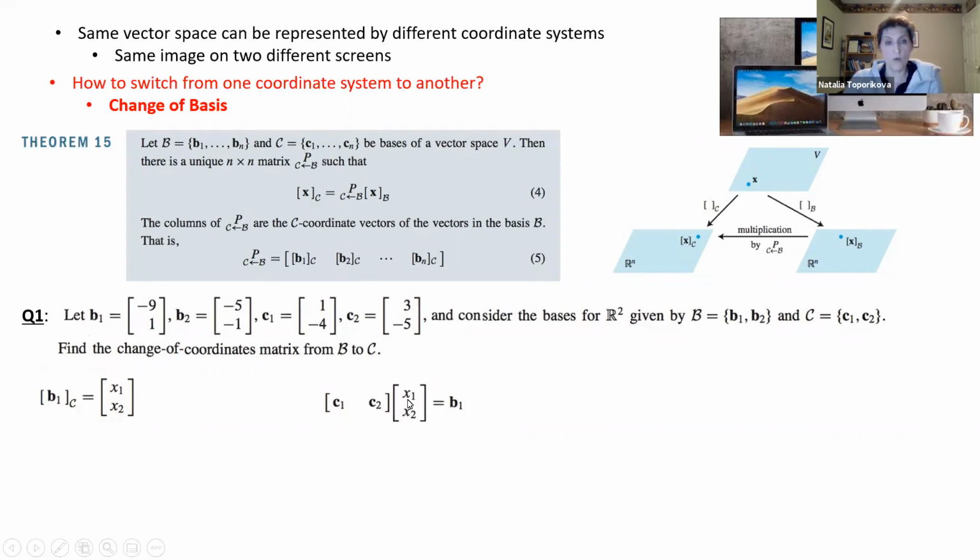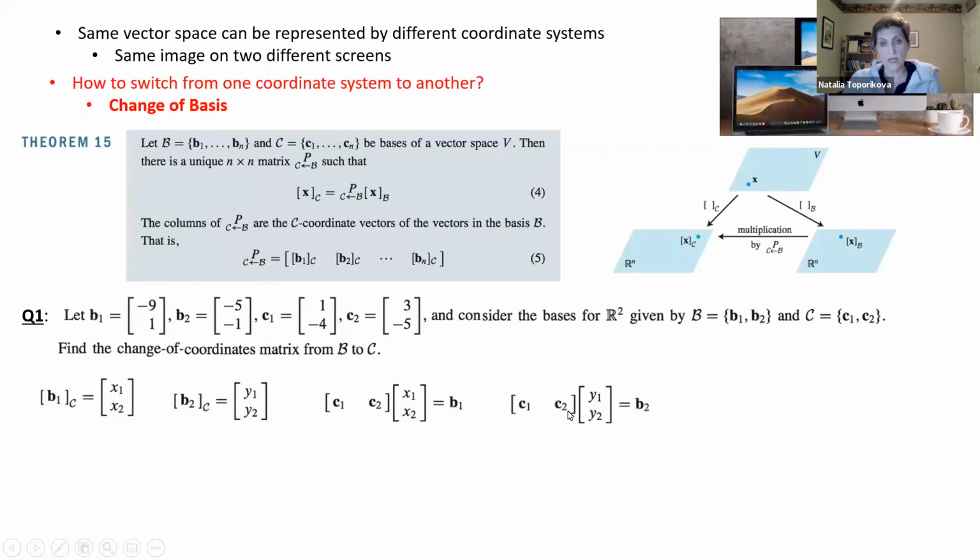Okay, so what we need to do is actually solve a reasonably simple system of equations. The columns of vectors C1 and C2 will form the matrix. B1 in original coordinates, we're given that. So all we need to do is find x1 and x2 by solving the system of linear equations, which we've done a lot of times in this course. Okay, seems to be doable. Let's look at vector B2. Again, we don't know it, so we call it